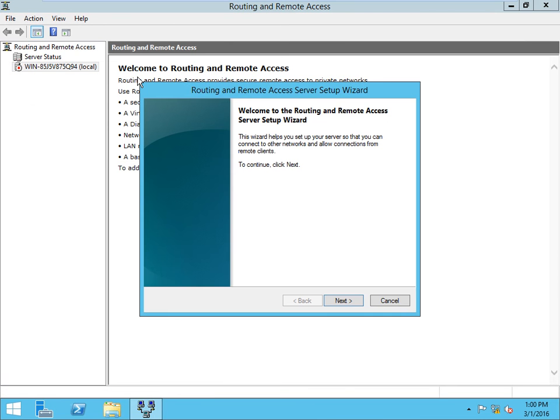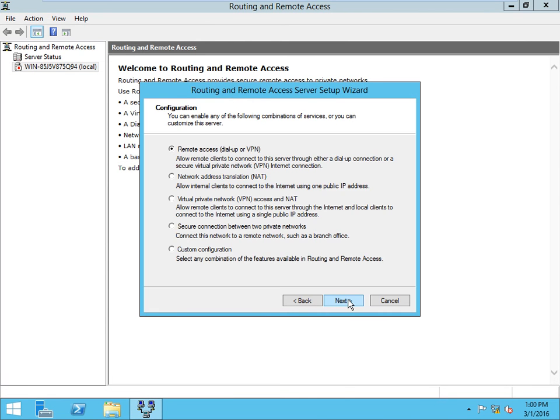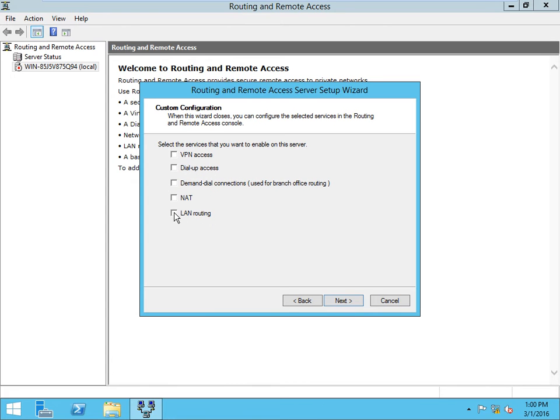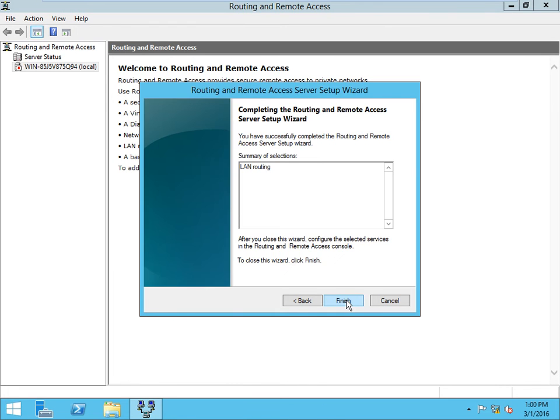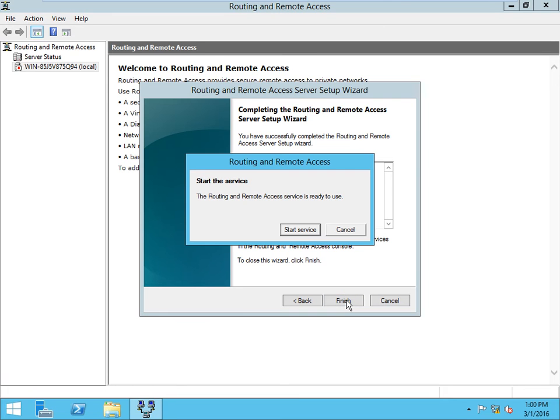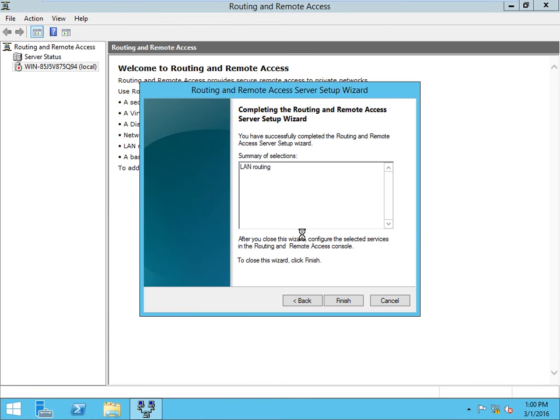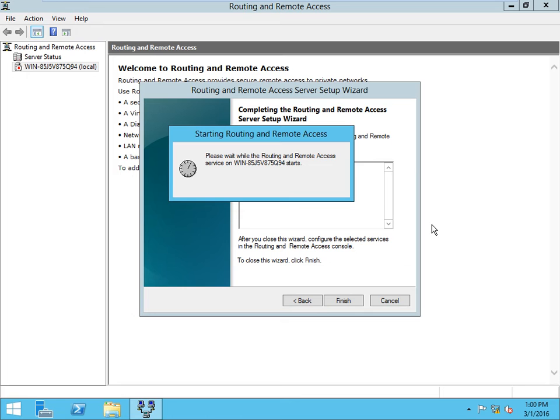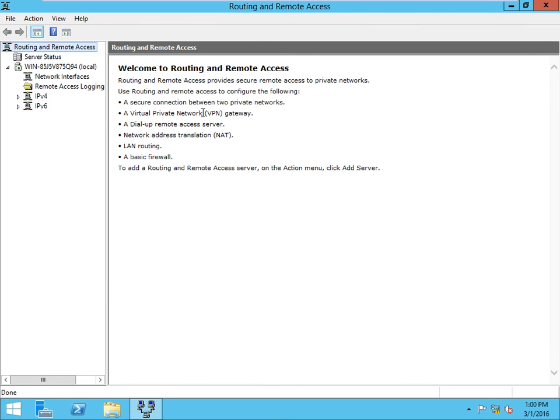Routing feature we have to enable. Next, click custom configuration. Here we have some other features also. LAN routing we are doing so that different networks will connect. Start service. That's it. This step we have to perform on the router, it means the routing server.